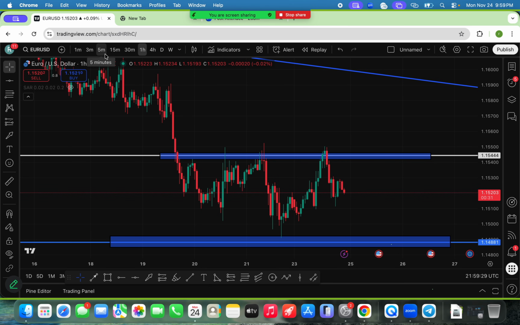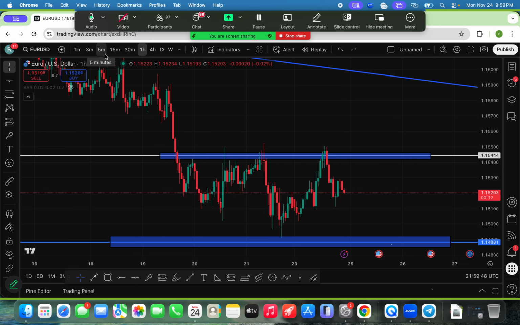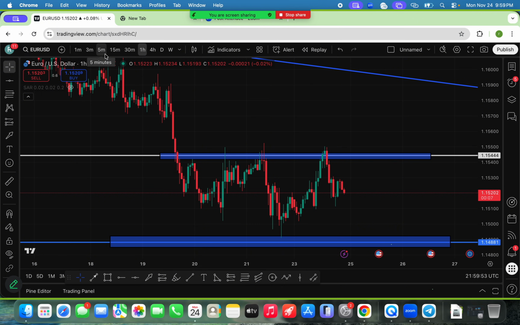You understand? That's why you need to backtest. Any strategy you learn online just gives you an idea of the kind of strategy you can also make up for yourself. So it's up to you to sit down and backtest the strategy. You can use the same thing, and if it's working, perfect. But if it's not working for you, because sometimes some people also like taking trades in 5 minutes, just adjust the strategy, the movement, or the time frame or everything, so you will end up taking your trade in 5 minutes. You understand? I hope you guys understand.